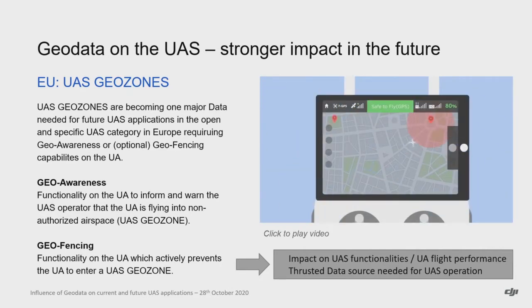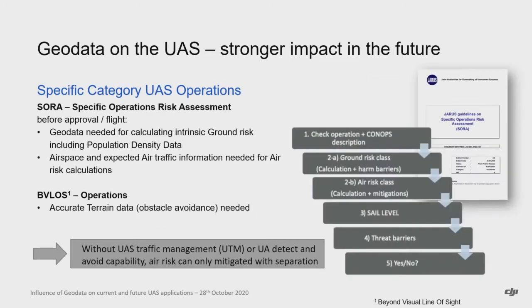One data set. You see it here again. So the drone is actively prevented from flying into, or if it wants to start in, a no-fly zone, you are not allowed to start. The geozones are mainly the important factor for the open category, but for the specific category, which is a kind of